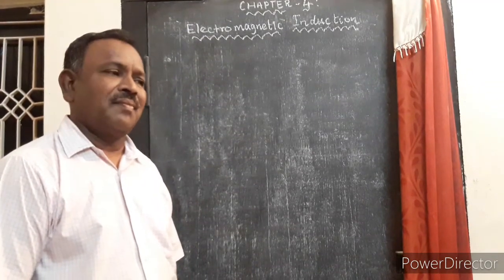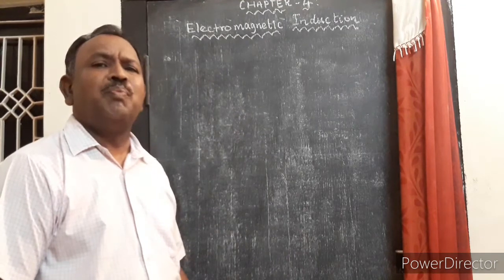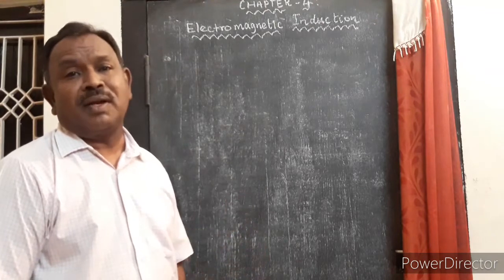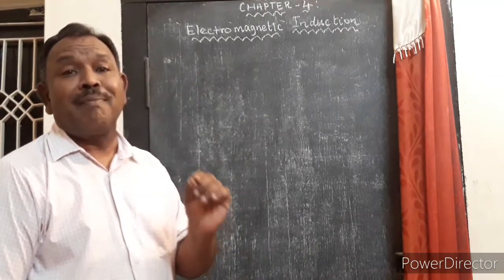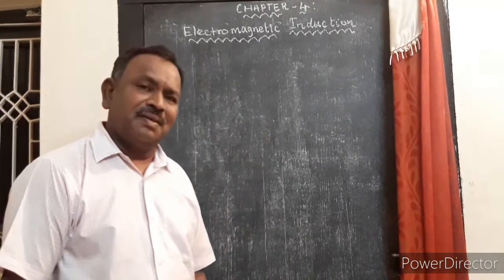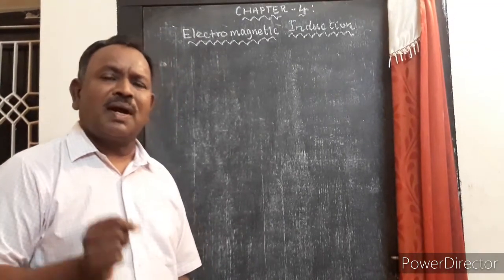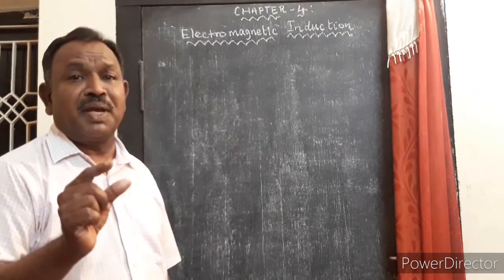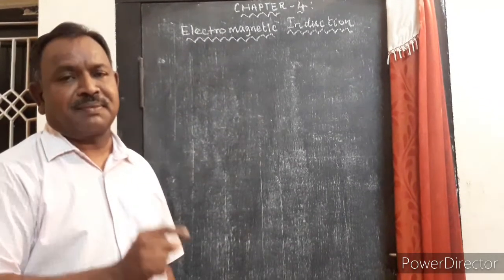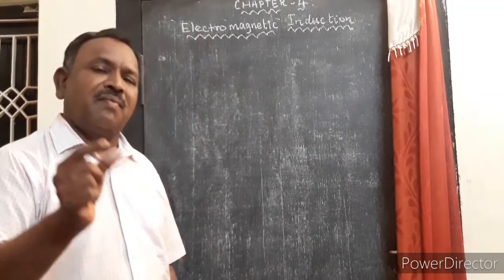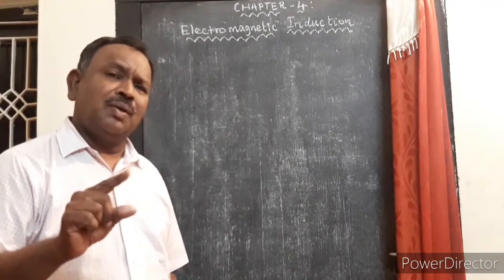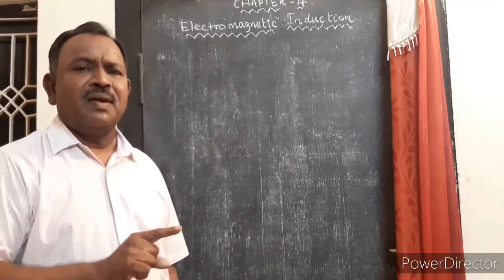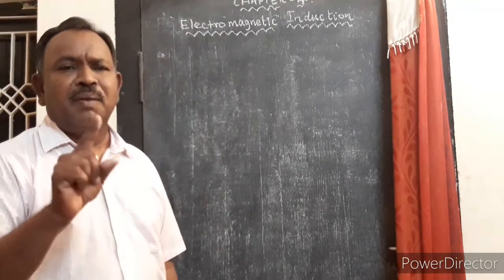Later, Ampere also proved that a current carrying solenoid behaves as a bar magnet. That is, when we allow current to pass through a solenoid, that solenoid behaves as a bar magnet. So, when electric current is allowed to pass through a conductor or a coil of wire or a solenoid, it